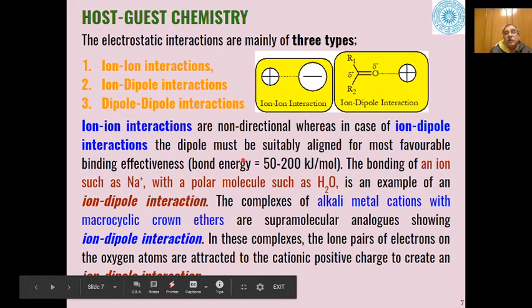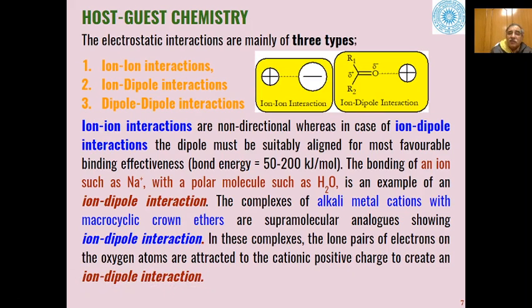And then in case of host guest chemistry, the electrostatic interactions, they may be of three types: ion-ion interactions, where positively charged ion can interact with negatively charged ion. There is an interaction between positive and negatively charged ions. Such type of interactions, they are called as ion-ion interaction. Then ion dipole interactions,